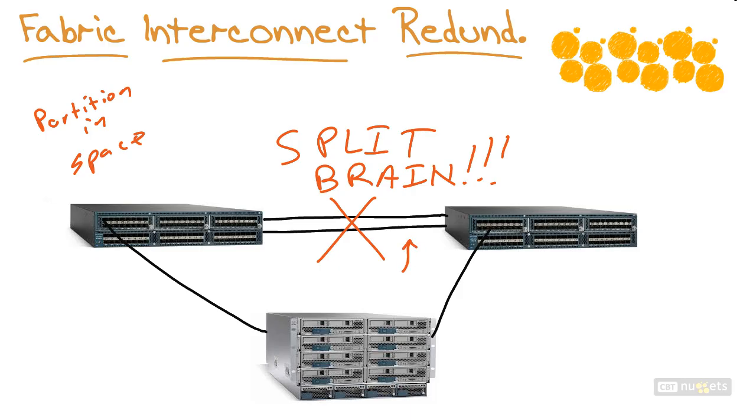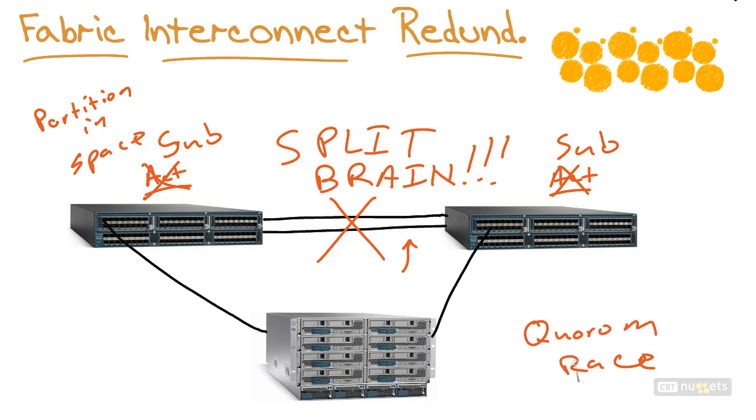What obviously could happen here is that we get into a situation of active and active from a management perspective. Yikes. We want active on these devices from a data perspective, but certainly not a management perspective. So what happens with the UCS system in order to resolve this partition in space split brain condition? Well, each of the devices is indeed reduced to the subordinate role, and then there is something called a quorum